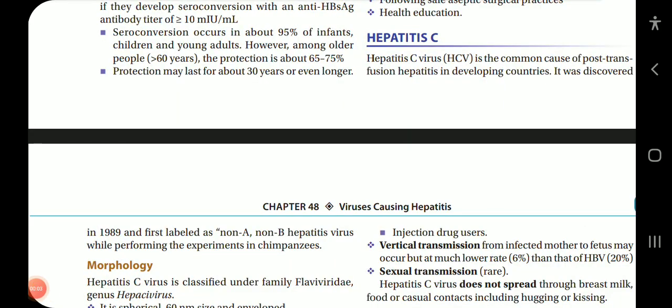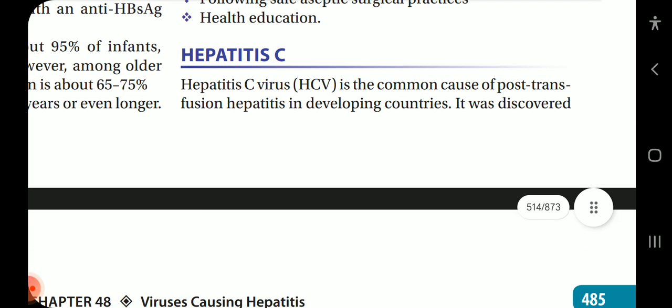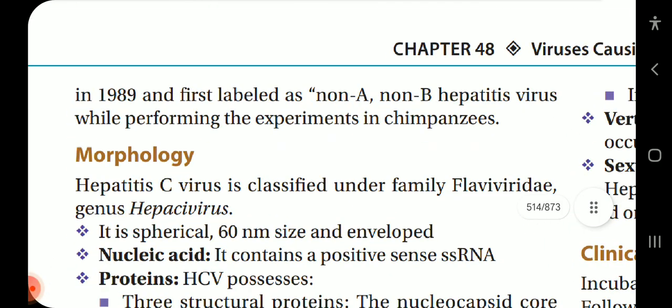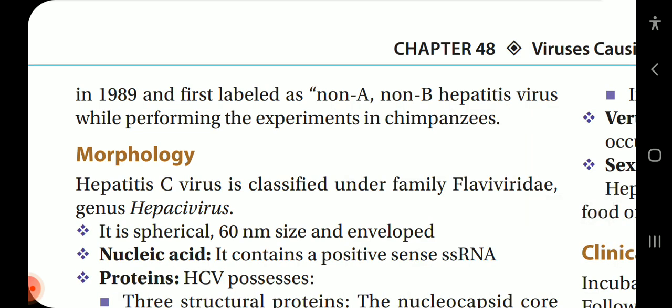Okay, so students, in part 2 of the hepatitis infections video, we'll be covering hepatitis C, D, E, G, and also yellow fever. So, hepatitis C virus is the common cause of post-transfusion hepatitis in developing countries. It was discovered in 1989 and first labeled as non-A, non-B hepatitis virus while performing experiments in